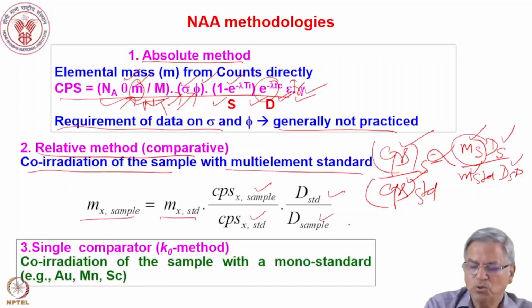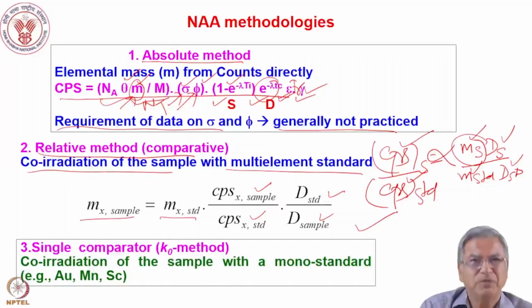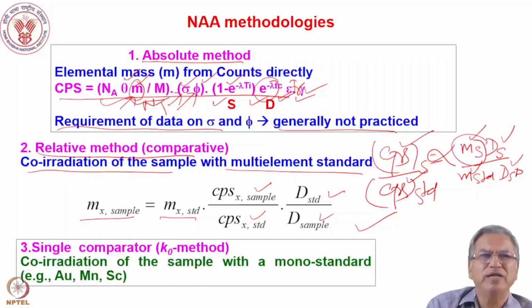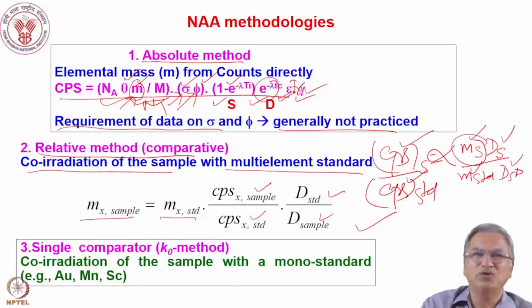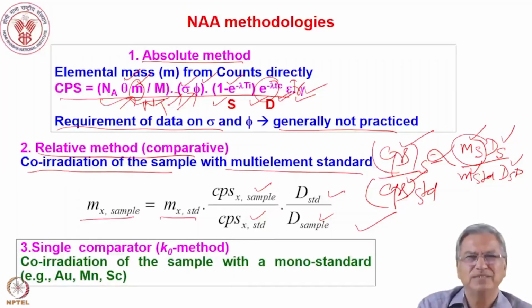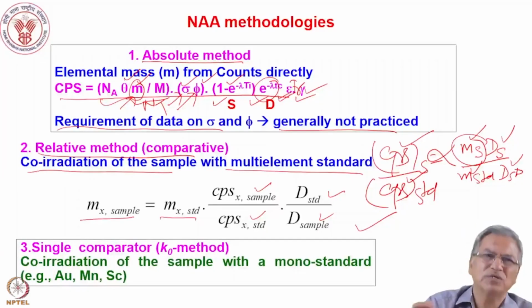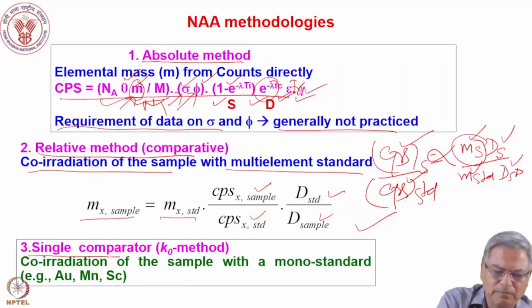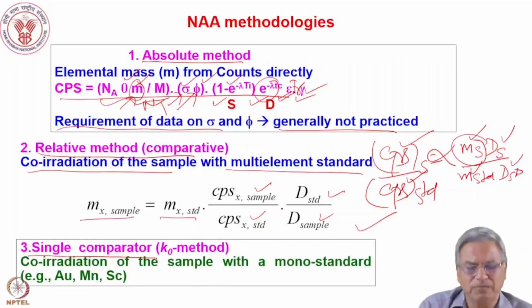So this is the most commonly used method. But then there are situations when you do not know. Suppose you have a new sample which you don't know what are the elements in that. So how can you have a reference for that? Unless you know the elements, you don't know how to make the standard. So this new development has taken place called single comparator,